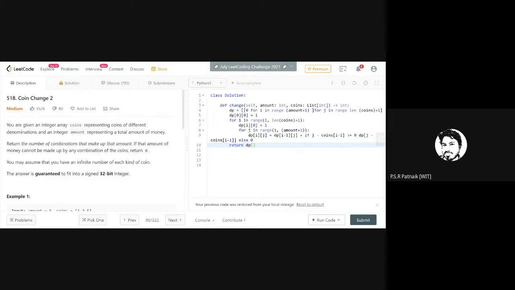Yes, I think it would be. If I'm creating an array of amount plus 1, the last row is the length of coins, and the last column means amount. This should give the final value.